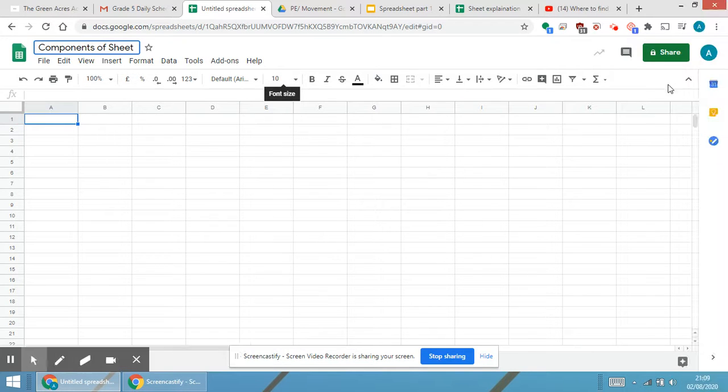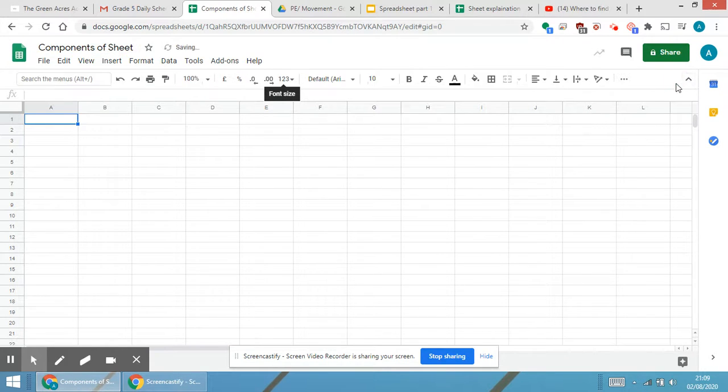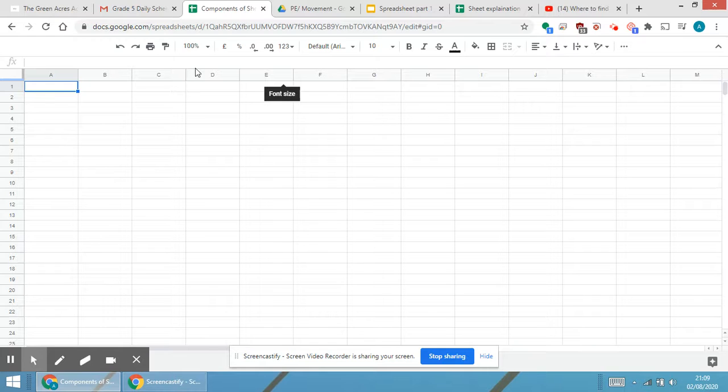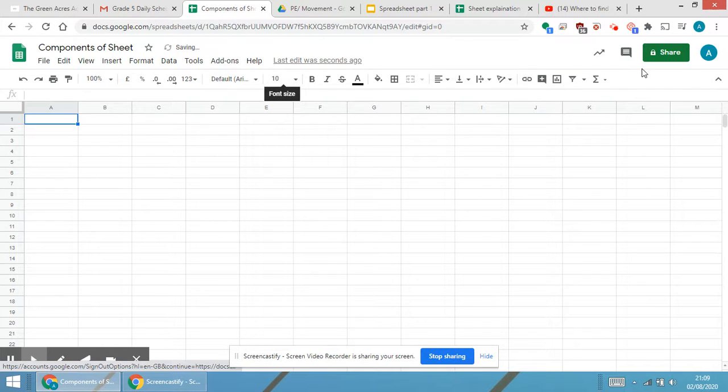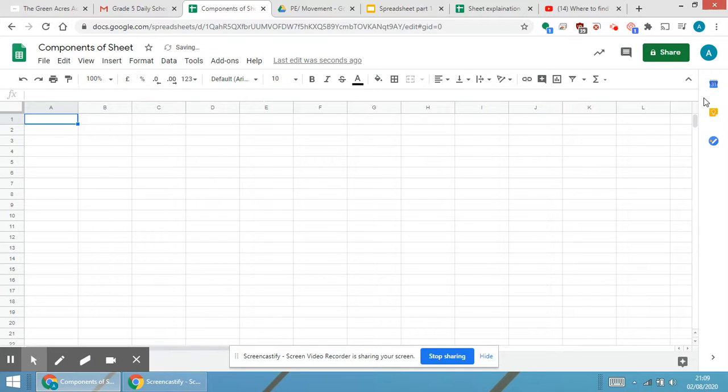Now over here you will be able to see a button called an up arrow or down arrow. When we click on the up arrow or down arrow, we will be able to see certain changes in the menu bar. This thing is called the ribbon, which is hidden. When I click again, the ribbon comes back over here. So this part is called the ribbon. Moving ahead,